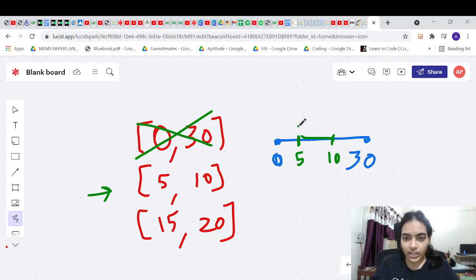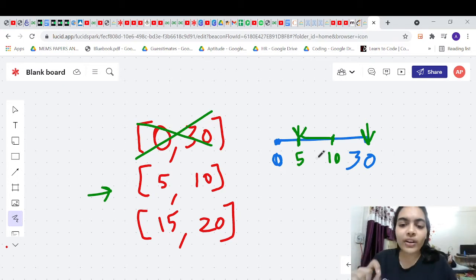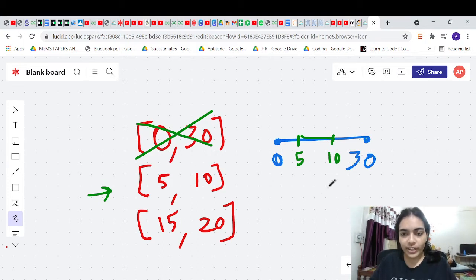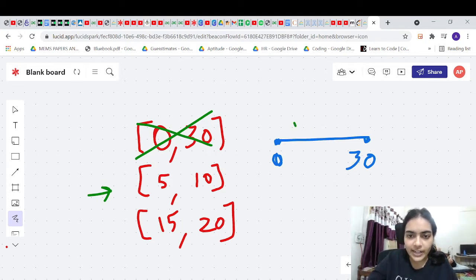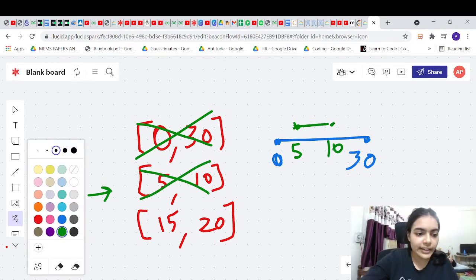This meeting has to start at 5 and the first meeting is ending at 30. So before the first meeting ends, the second meeting is starting. We cannot accommodate both meetings in the same room. People from both meetings will clash and wonder where to sit, since there's not enough space. So you definitely need two rooms. Whenever there is an overlap, you need a second room. Now you need at least two rooms.